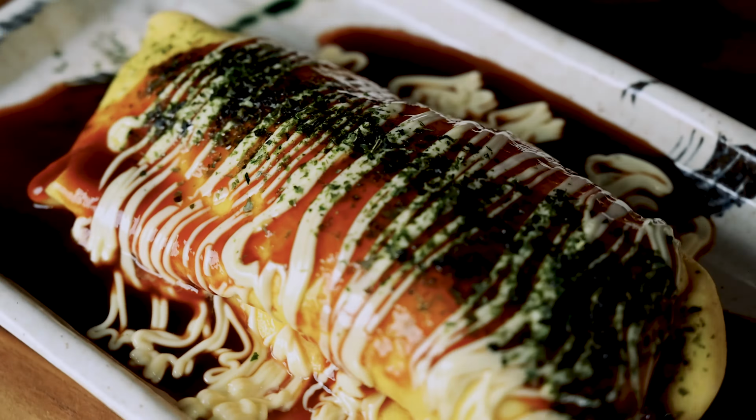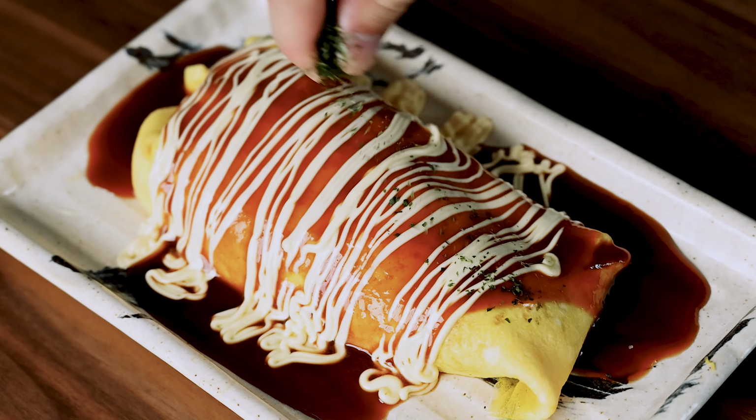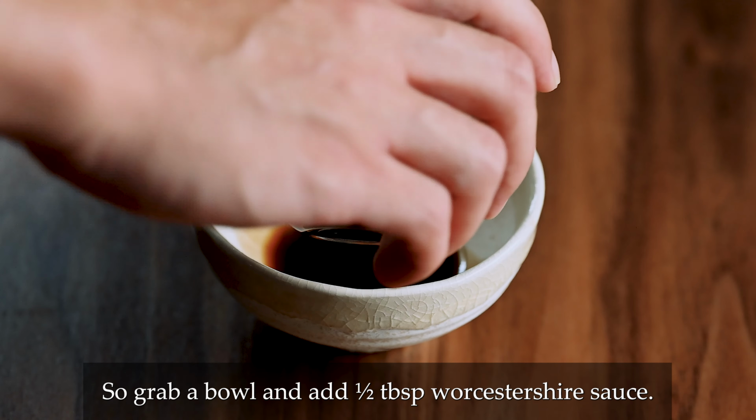Hi everyone, I'm Yuto and today on Saturday I'm going to show you a quick and easy omelette style dish called Tonpeiyaki. We'll start with the sauce, so grab a bowl and add half tablespoon of Worcestershire sauce, half tablespoon